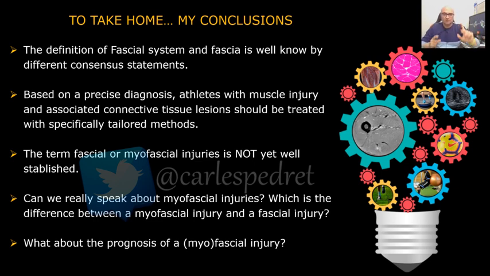This is an important question, because do you think that the attachment between muscle and tendon, what we call a myotendinous injury, and between muscle fiber and fascia, what we can call a myofascial injury, is the same? So is it the same hard attachment between myofascia and myotendinous? And what is a fascial injury? Because a fascial injury is when the fascia is torn. So it could be different. So we have to think about all of these terms.